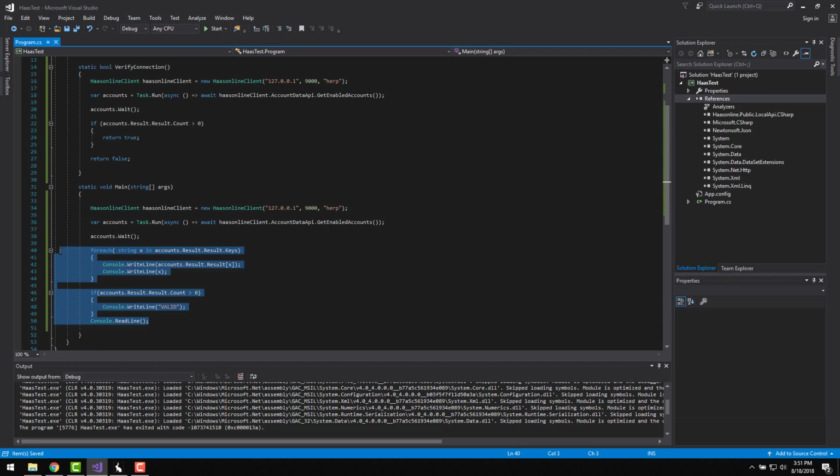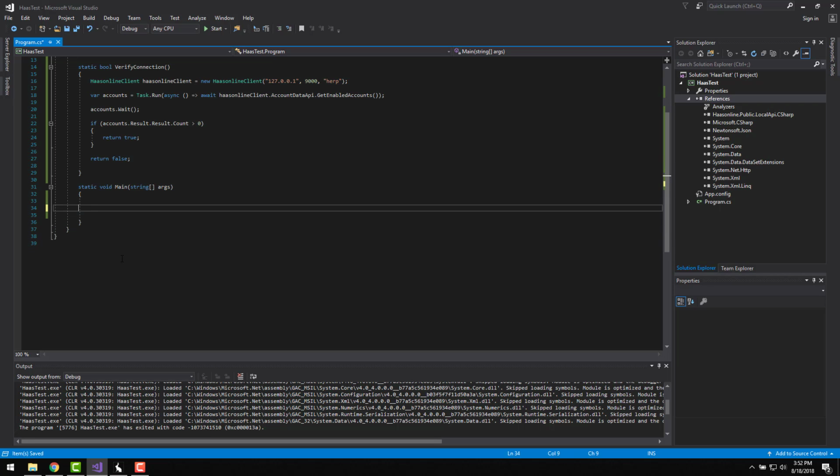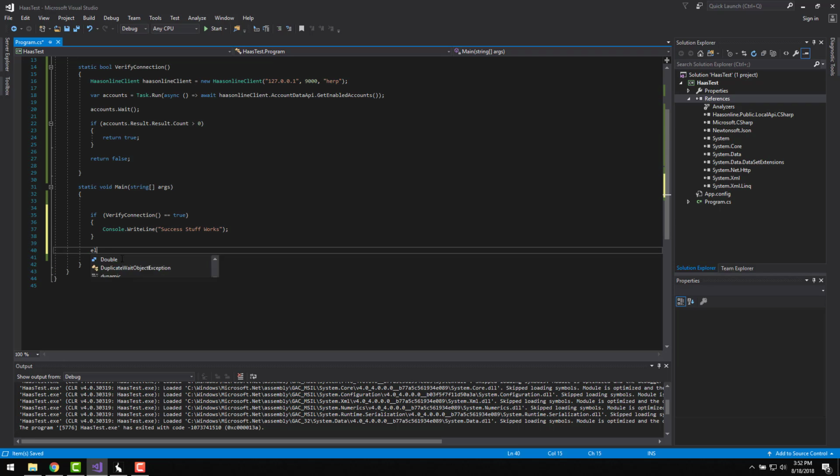Now, this is obviously a bit more involved than the Python version. So if you're coming from Python, you want to see how this works. This is a bit more complex. So all we're going to do is now we can just say, whoops, if verify connection is equal to true, then console.writeLine success, stuff works. Else console.writeLine